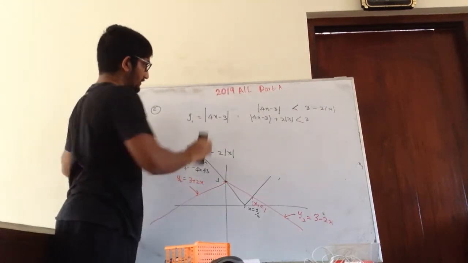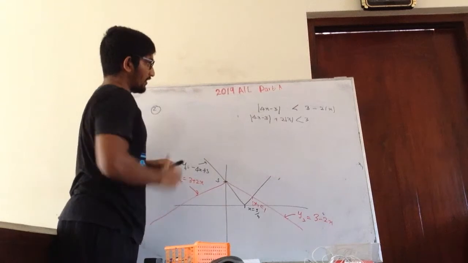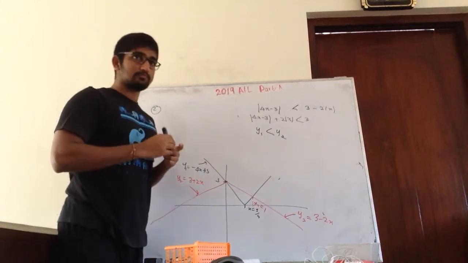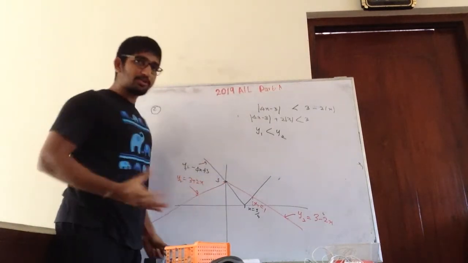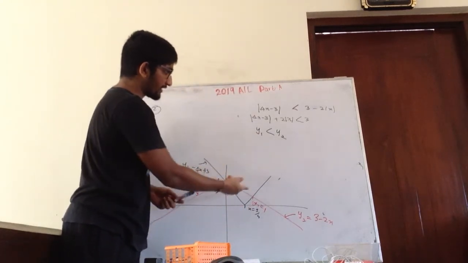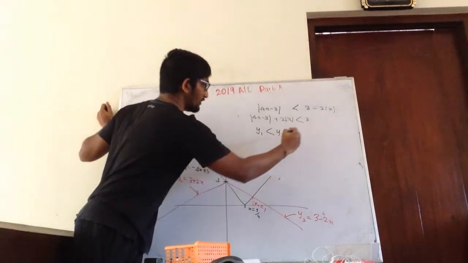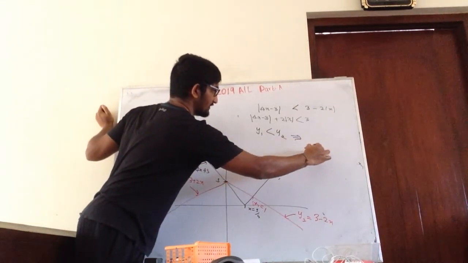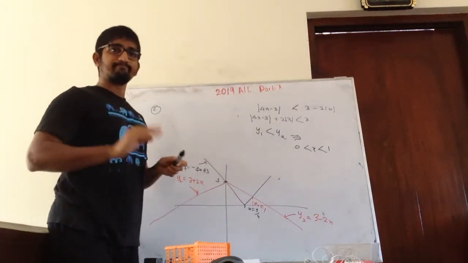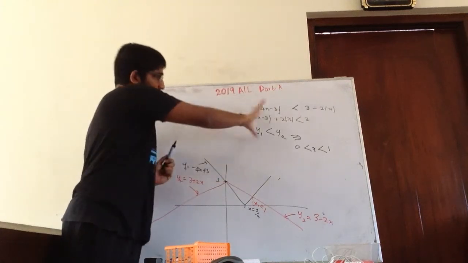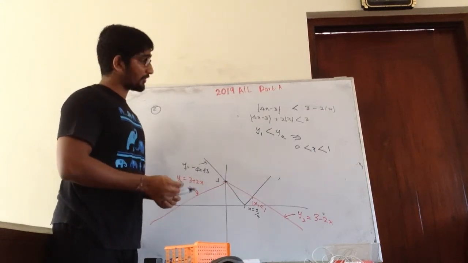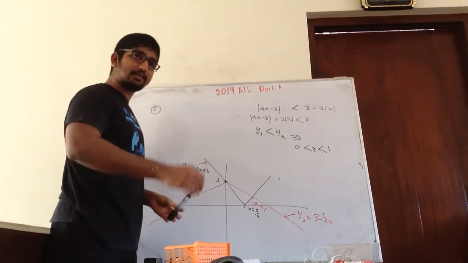Now what is this? This is basically y1 is less than y2. So this part we know. What satisfies this, where y2 becomes greater than y1, is when x is between 0 and 1. So this part is the usual thing that we have done for many years in past papers. But they are not asking this, they are asking something different.